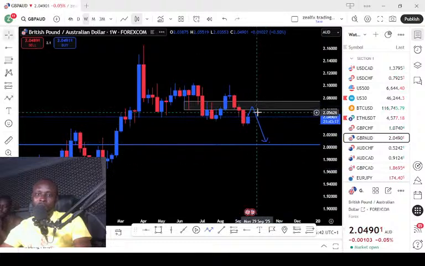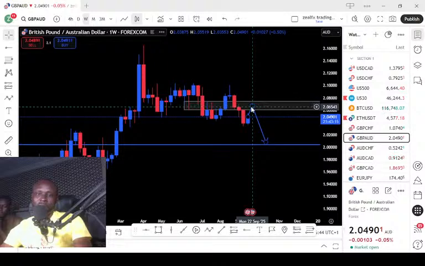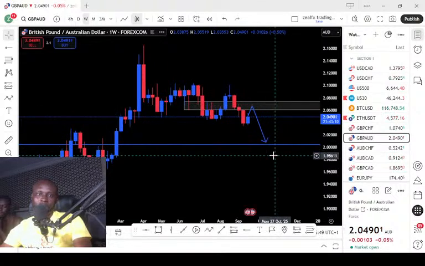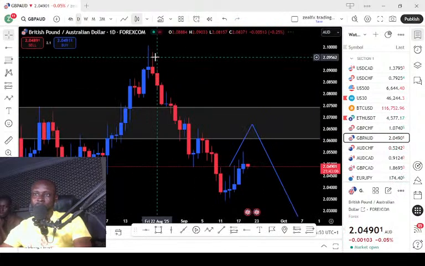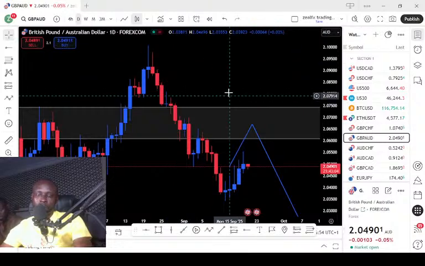So we wait for price to come to this resistance level on the weekly chart with a clear anatomy of price before we start looking for any selling opportunity for the GBPUSD Australia. So let's look at the daily chart of the GBPUSD Australia. So on the daily chart,